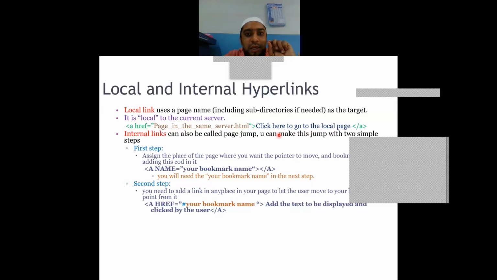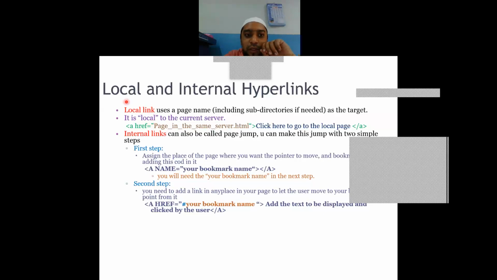First step is you have to label the location where you want to jump to. For example, within this screen, I have got local link, I have got internal links. These are the wordings that are written over here. Suppose if I click on links, it should go to the local links. Imagine.